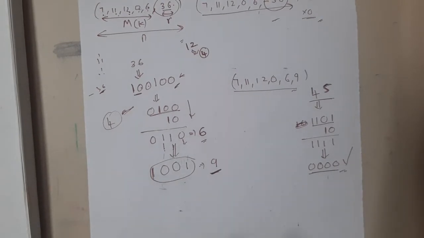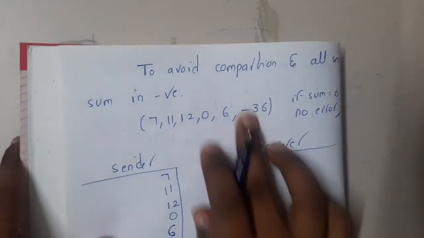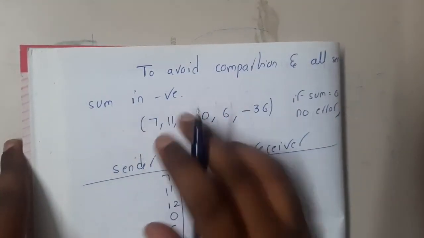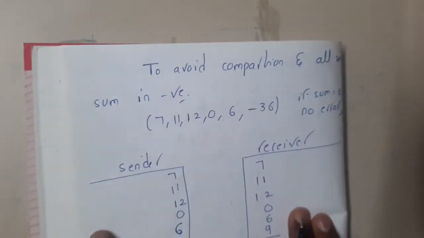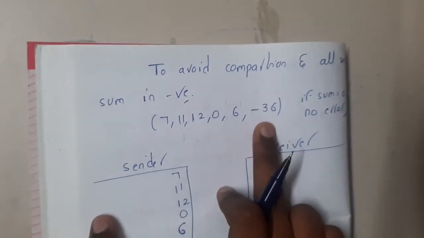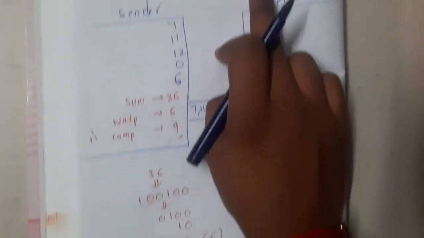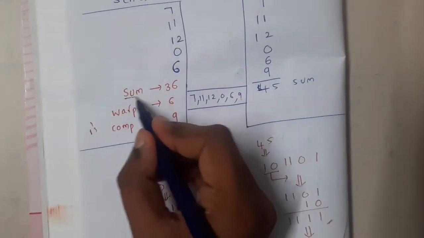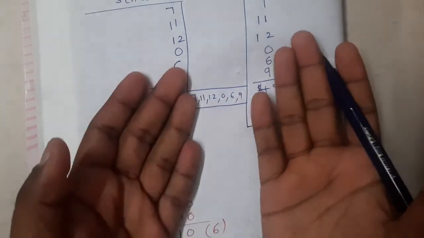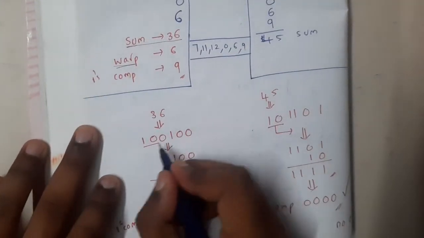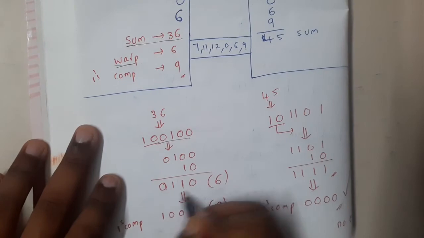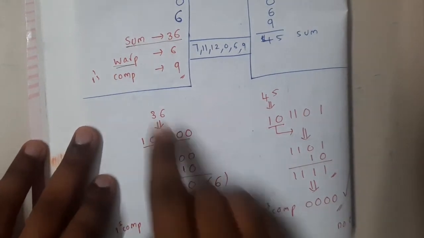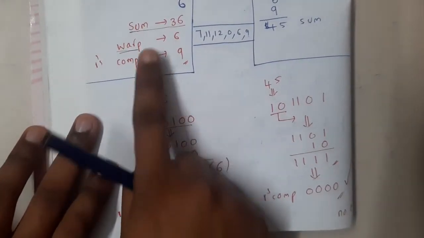So it's a quite interesting method, right? Yes. So now let us go through what I have written in the book, guys. So the same concept I have written step by step here. So to avoid comparisons, all we send is the sum of the negative number. So basically, instead of sending the positive 36, I will be sending minus 36. So the same concept is here. So 7, 11, 12, 0, 6. The sum is 36. And if I wrap it, so basically this concept is nothing but wrapping, guys. So a 6-bit number, I wrapped into a 4-bit number. Got it? Yes. So I got 6 as a wrapped number, and the complement of that wrap is 9,